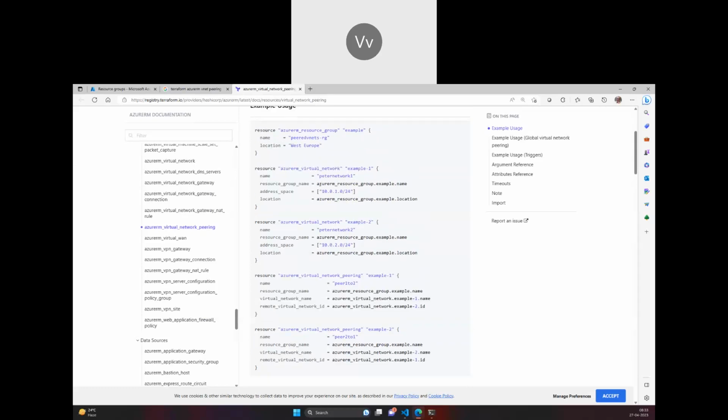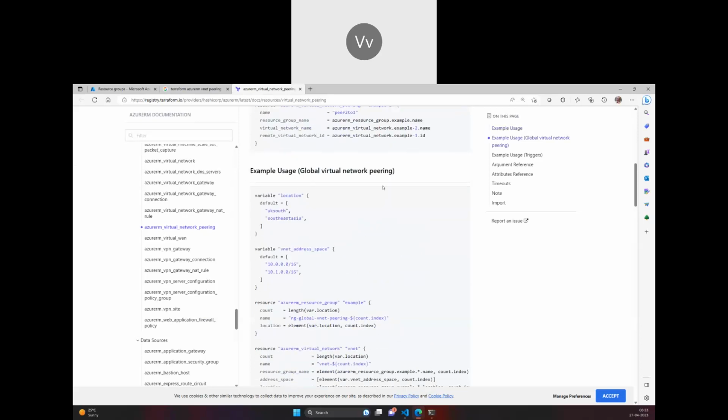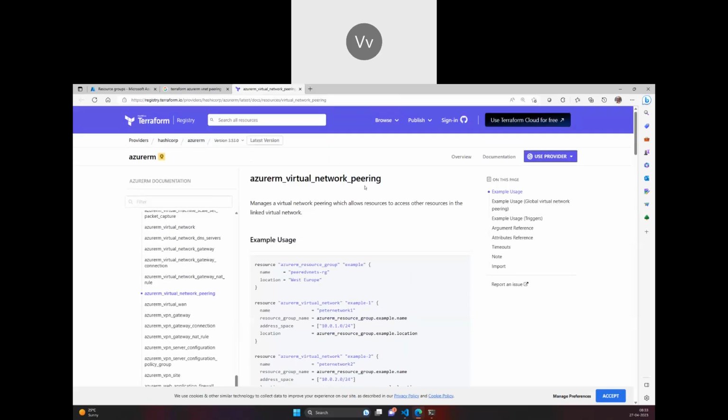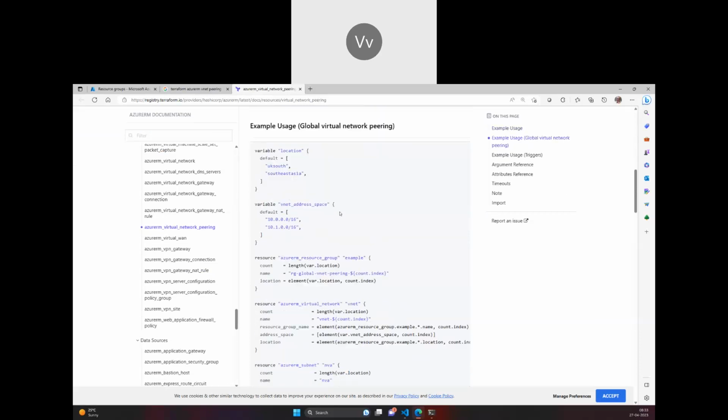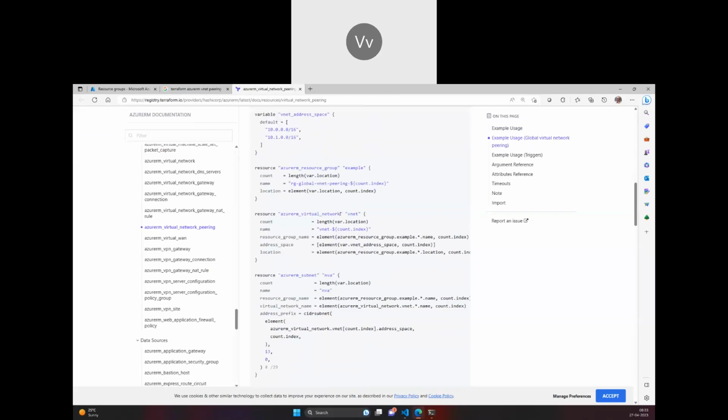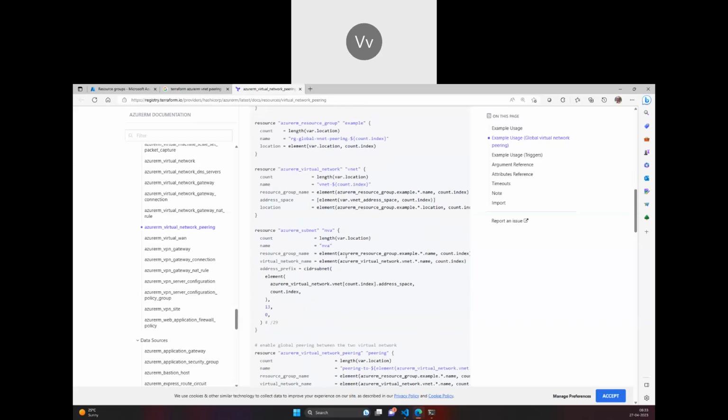So one link between VNet1 to VNet2 and one link between VNet2 to VNet1, 2 to 1 and all that. Okay. So for global VNet peering, because this is a local VNet peering, same region but within different locations, how do we do this? So then here, if we look at it,